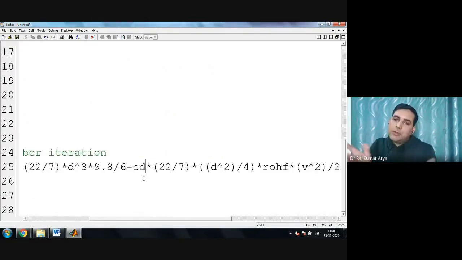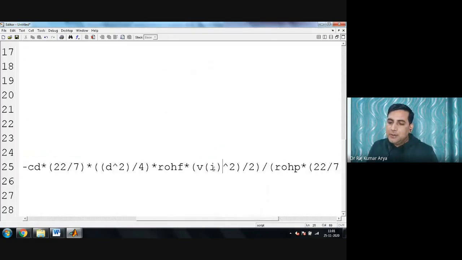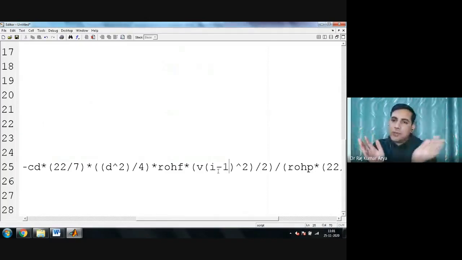If you want to write, you can put CDI. If you are not interested in CD, it's okay. But for this, I am just putting here I velocity because I need here the previous one. So if I need a previous one, I can put here I minus 1, right? Because I started from 2, so it will take 2 minus 1 is 1 only. Correct or not?